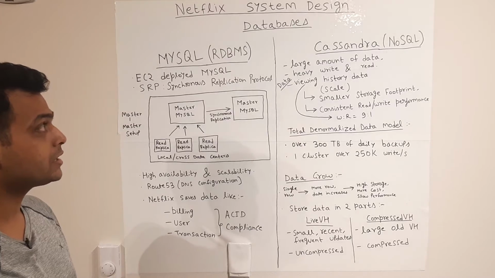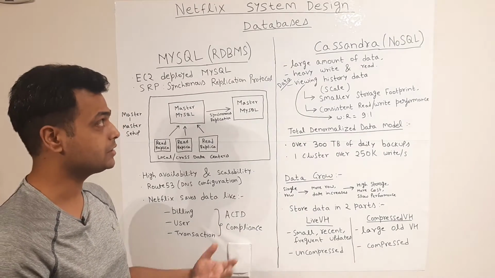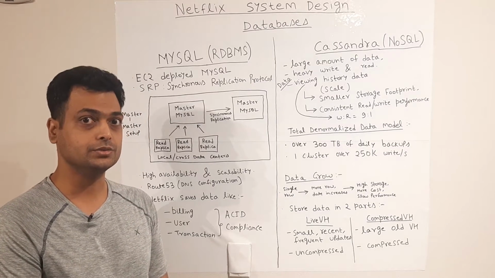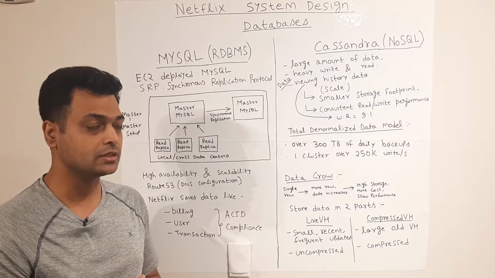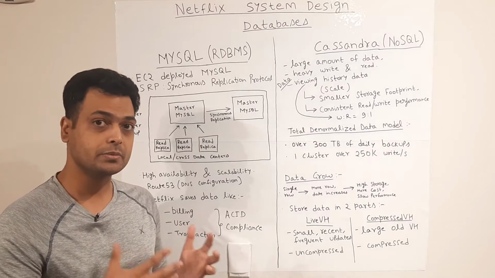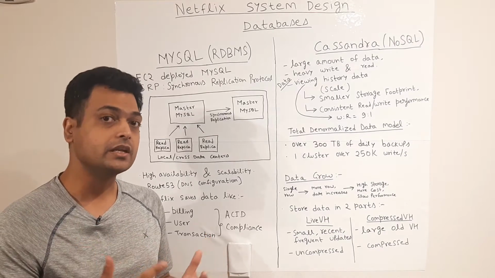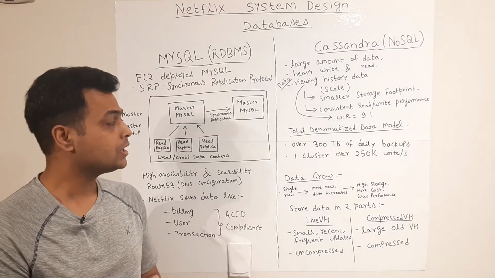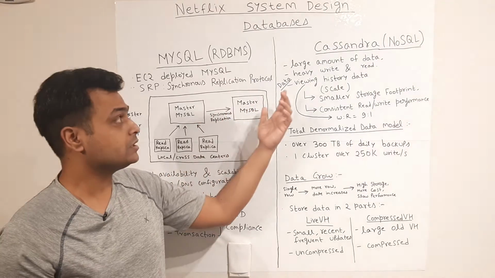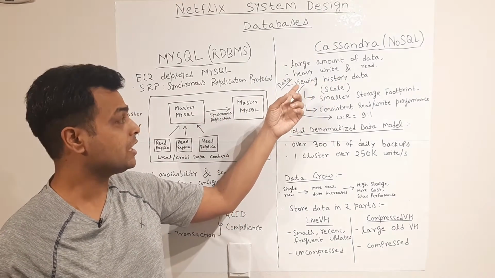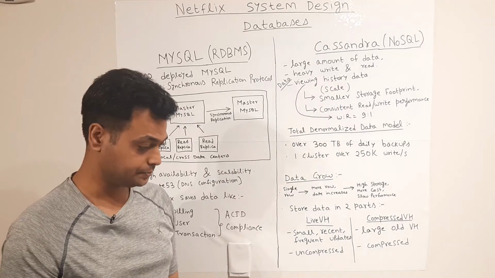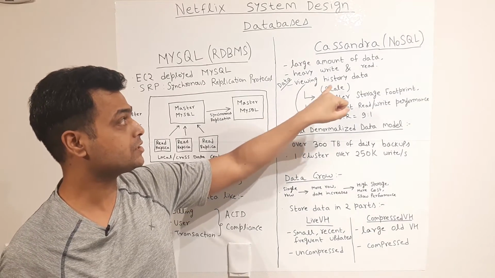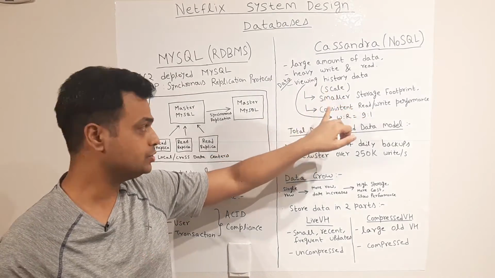Now let us try and understand the Cassandra NoSQL database and why it is used. So Netflix has to store the viewing history of users in order to give them a custom experience. Now this viewing history over a period of time per user increased a lot, so it became difficult to manage in a traditional way. Since the amount of data became large and there were heavy writes and reads, Netflix started using Cassandra for storing viewing history data, and this data became huge.